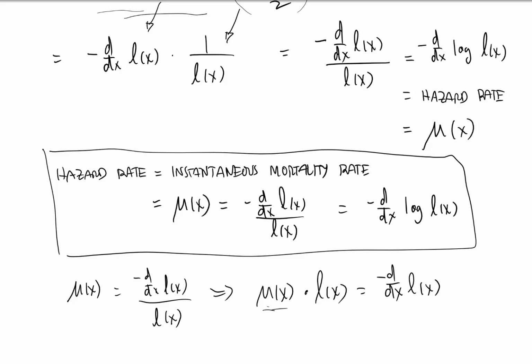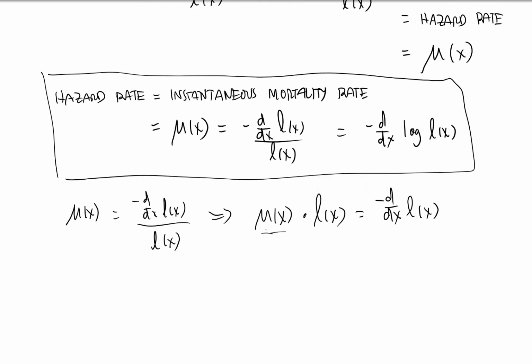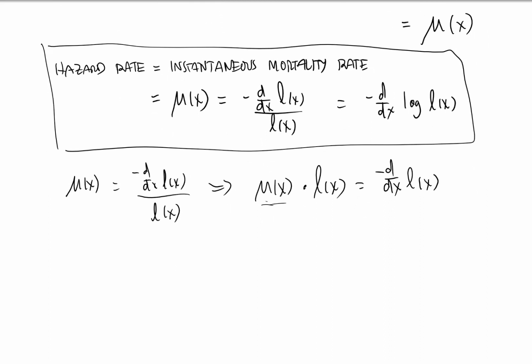So this thing is just a first order, first degree ordinary differential equation, just like we saw earlier when we took a look at the differential equation way to look at the growth rate. That's one way to think about it. The other way is via the log. Also, if mu of x equals minus the derivative of the log of L of x,